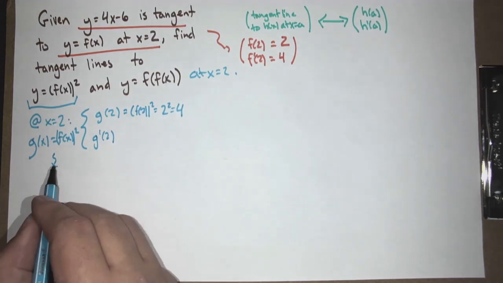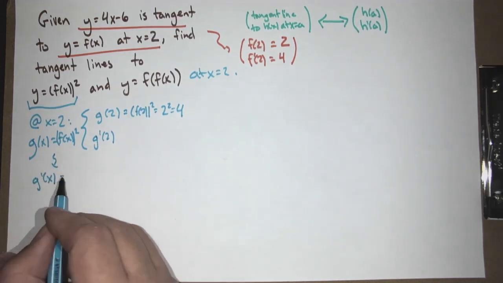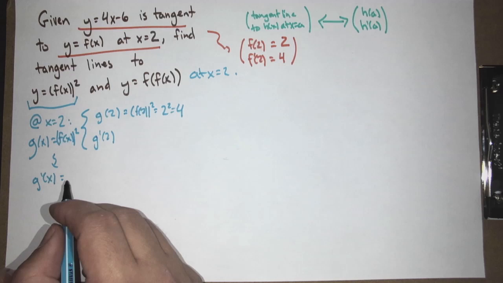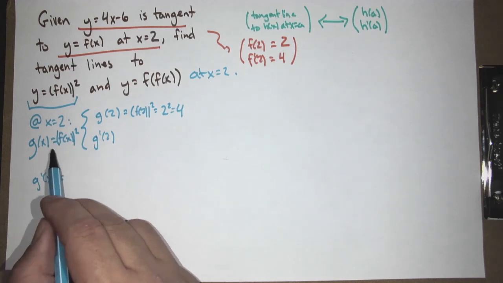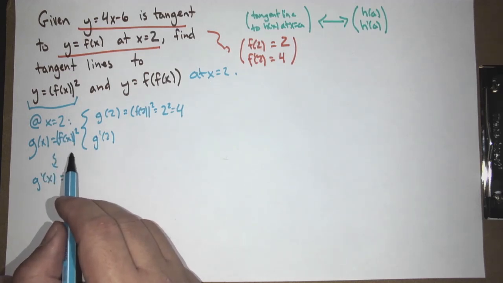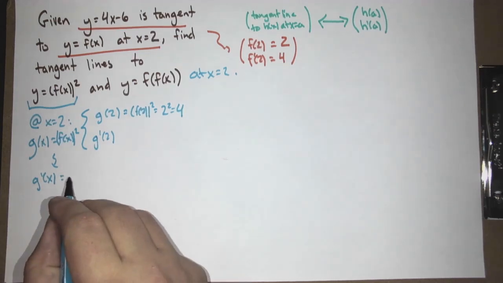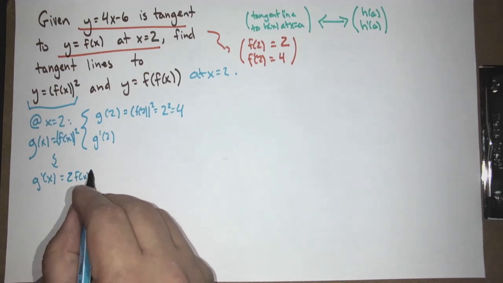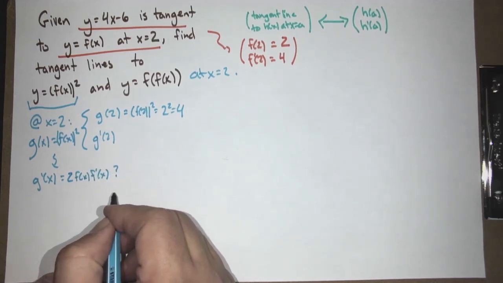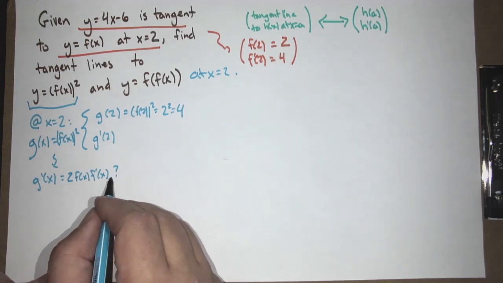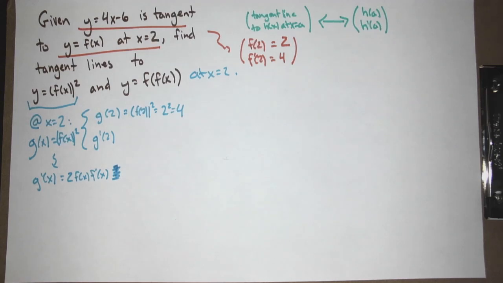Well, for that, let's focus on g prime of x for a second. What is g prime of x? Sorry, can you say it one more time? 2 times f of x times f prime of x. Now, the way you're saying it, I feel like I have to write a question mark at the end. Do I need a question mark, or is that really it? No. That's it. You're right. No question mark needed. It's 2 f of x, f prime of x.